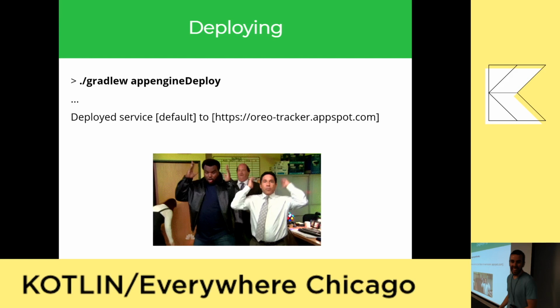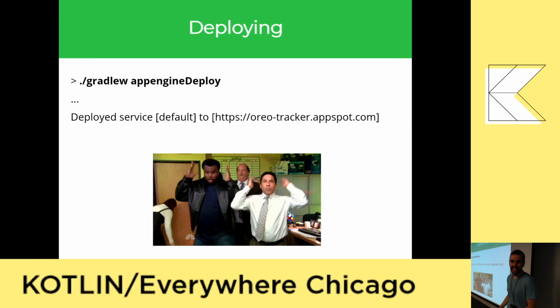Now, it wouldn't be a talk about testing things without debugging them. So GCloud, again, great, not only because it's free, but because Google provides some great tooling. So you have the options. You can run using that GCloud plugin. You can tail your logs, so watch everything. Or if you're not a command line person, then you just have to go to this URL. If you just remove the project Oreo tracker, it'll automatically figure out which one you most recently went to, and you have a nice web UI for checking out your logs.